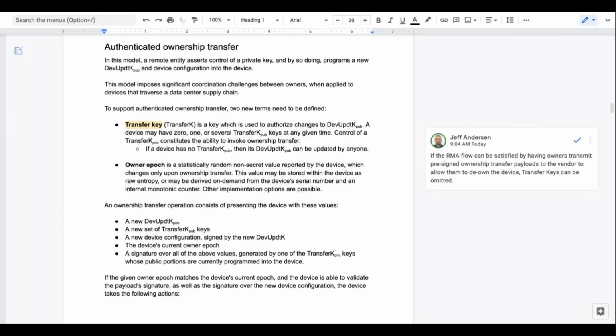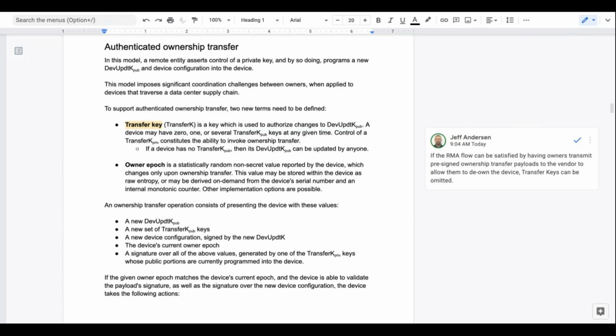As I understand, you have to use the transfer key only when you want to ship the system to a different owner or to RMA, right? You're right, the owner will generate the transfer key specifically for that purpose. My question was, if you want to do it at a specific time for a specific reason, in this case you need only one transfer key for that reason.